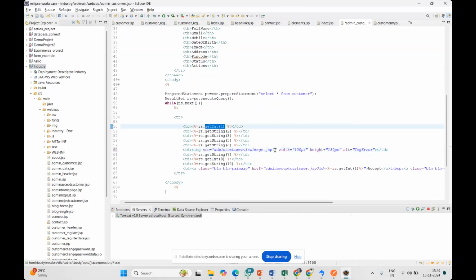Now the id was stored in the database, select everything, and that is in the first column. Here I need to give the name. The name is nothing but id. After that, by using expression tag, I am sending the data of this customer id. I am sending customer ID to the page admin customer view image. In this admin customer view image, based on the customer ID, we need to retrieve the image, whatever is